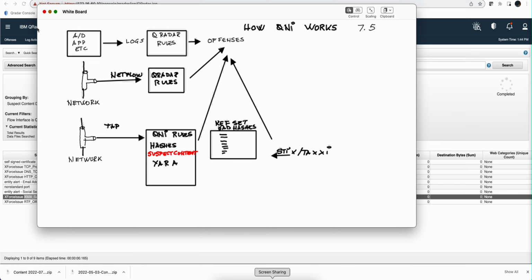Now, some people may say, well, I don't like this idea of QNI because most of the traffic these days is encrypted and QNI cannot see anything about it. Well, not quite true. It is true that when the traffic is encrypted, unless you do man-in-the-middle interception, which probably you should do, but it doesn't always work, and you can't always do it everywhere without breaking things, the visibility of QNI is very limited. But let me talk to you about JA3 and SSL